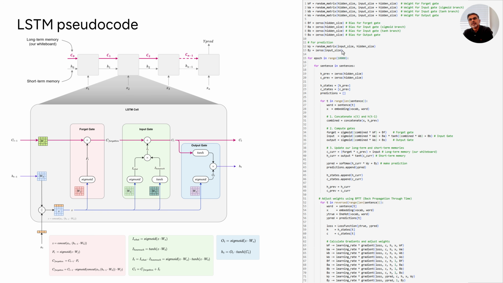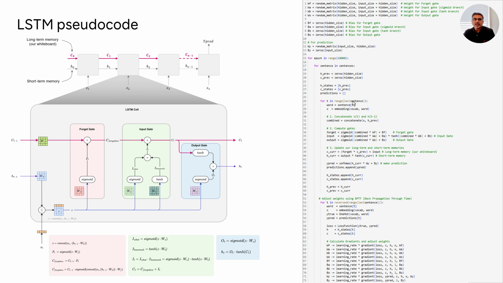All right. So across multiple training epochs, let's say I'm training across 10,000 epochs, I take a collection of sentences, then I take one sentence. And what we do is that we tokenize the sentence. You tokenize the sentence, and then you process one word of the sentence at a time.